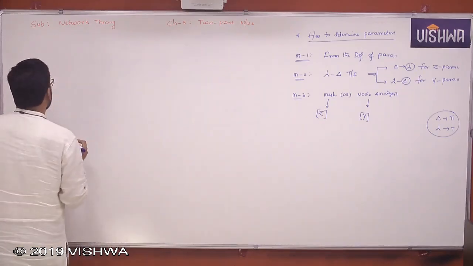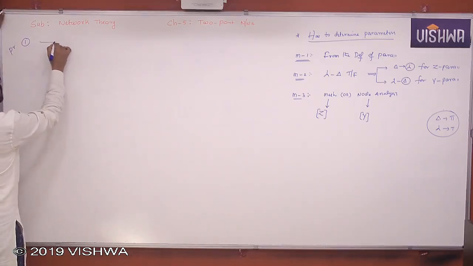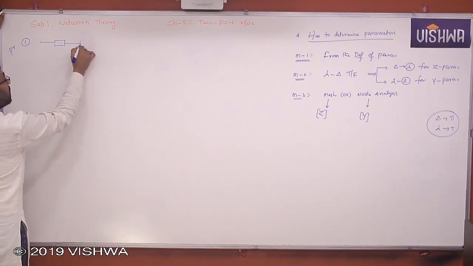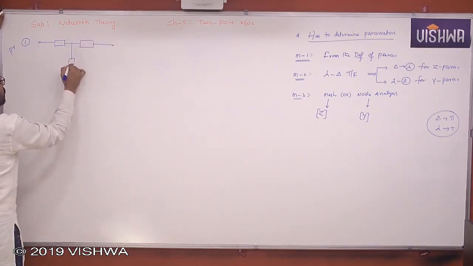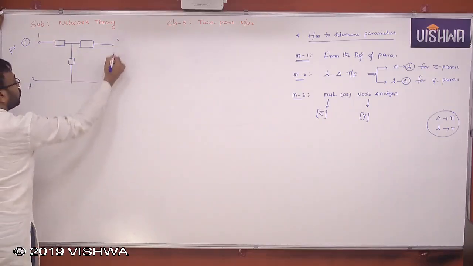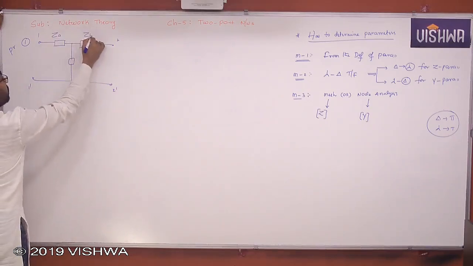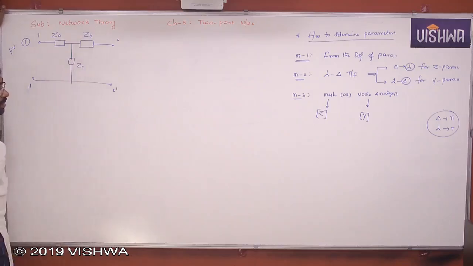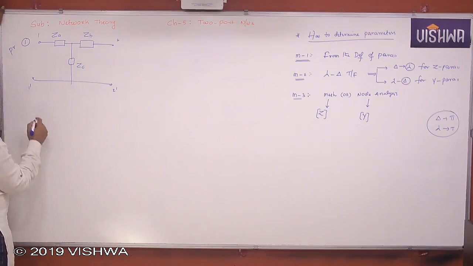Okay. Now, let me take an example. Problem number 1, first problem. Let's find the Z parameters for this T model. Clear? Terminals 1, 1 dash, 2, 2 dash, with impedances ZA, ZB, and ZC. I will apply all these three methods, I'm telling you. Okay? Now, method 1 says from the definitions,